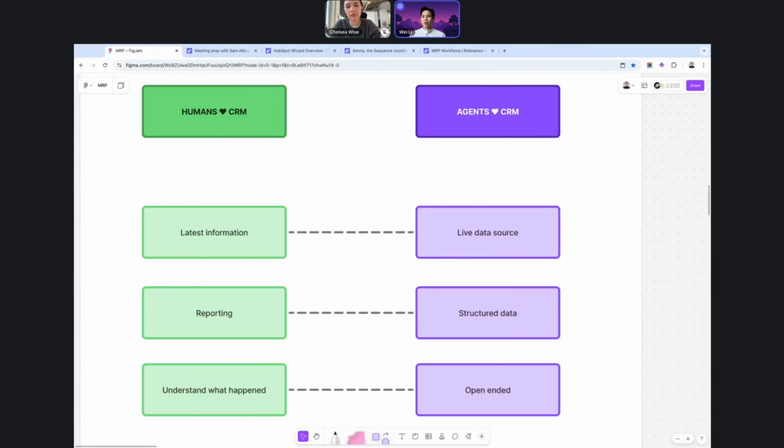Maybe it lives in another note in a different part of the CRM. And because that's the nature of CRMs, the open-endedness of clicking into the different records, looking at the different history, looking at your email chains, the process of understanding what is happening to this customer or this person often leads to an open-ended kind of research process to really get deep into that understanding and the context.